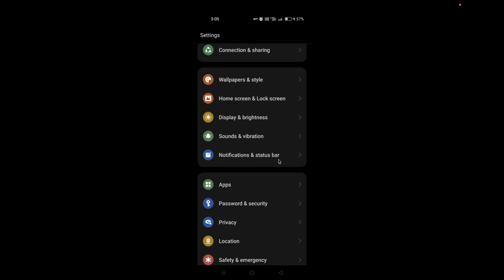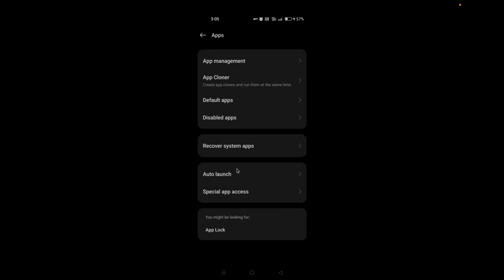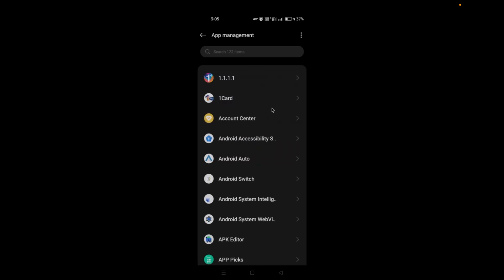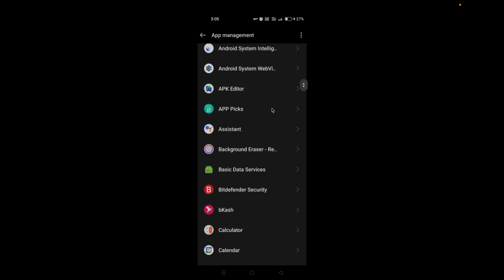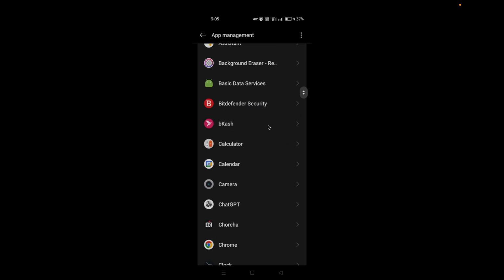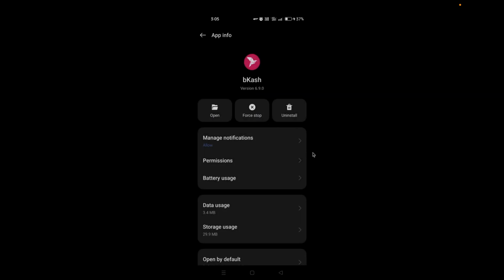Normally scroll down a bit and find apps, and here you will get another option, app management or all apps. Just choose it, and then you will see all of the apps installed on your phone. Select the app. So I'm gonna choose this Bcash app, and then you will get an option, manage